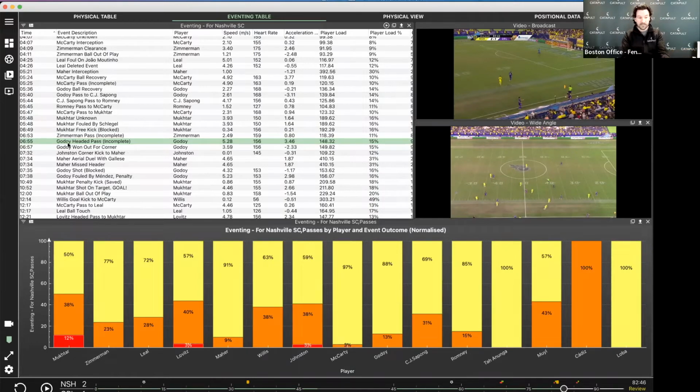So if we take, for instance, this header here in the 7th minute, we can see that when the individual made this play, right at the 6:55 mark, he was moving at 5.28 meters per second. He had a heart rate of 156 beats per minute. He was accelerating quite quickly, and his player load was only 15% of all the player load that he'll accumulate